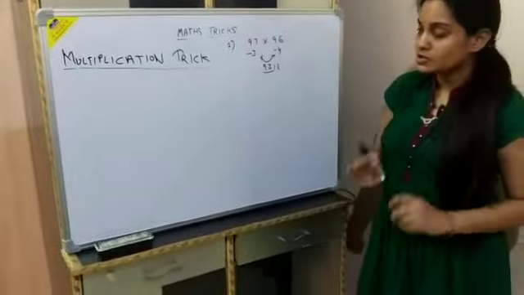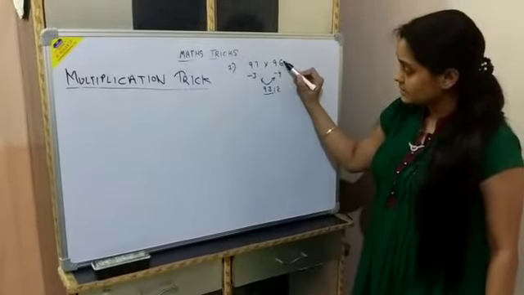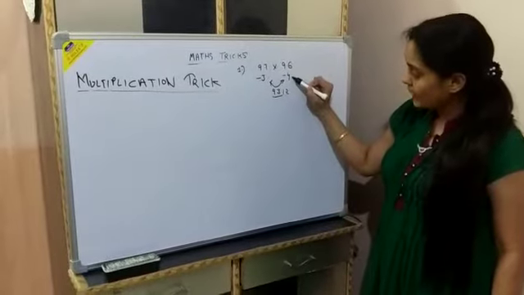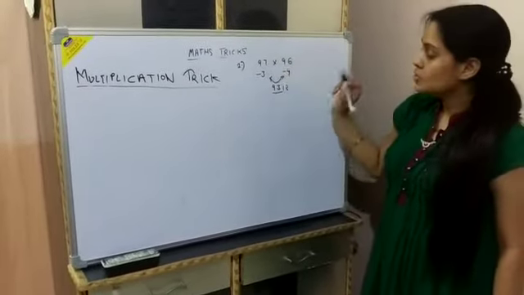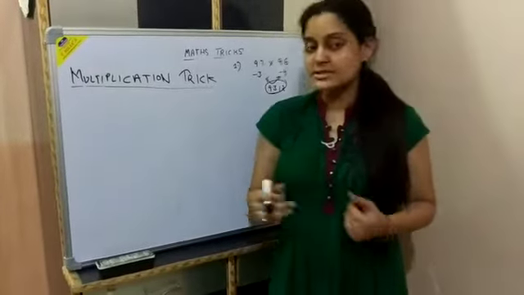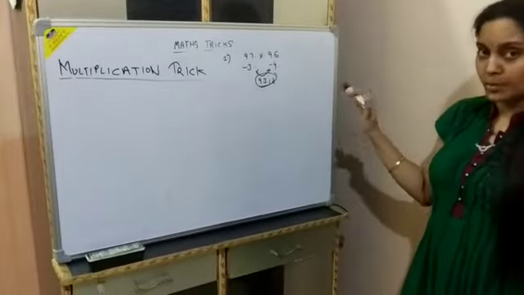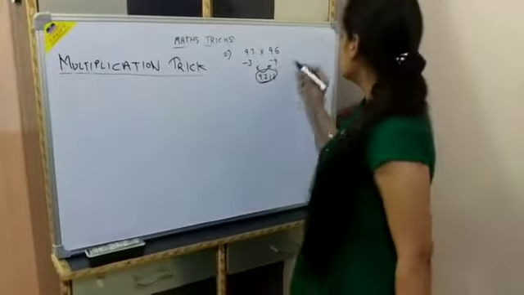So what you can do? You can do either this 96 minus 3, that is minus number from this number, or minus this number from this number. So the answer is 9312. As I have explained this technique to you, it has taken time. But if you solve this problem on your own, this will not take much time.